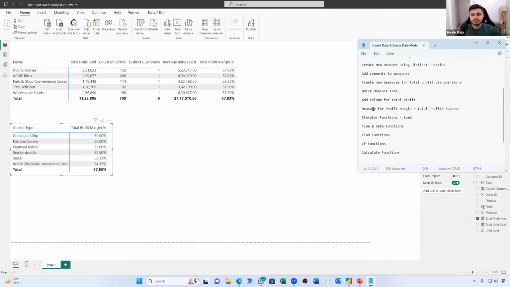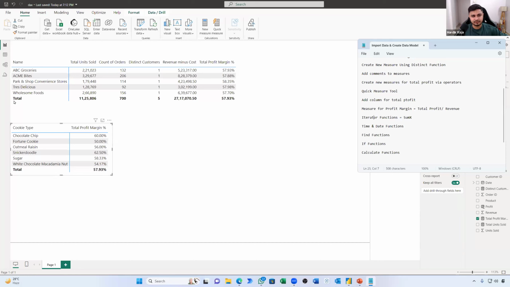what we have done is we started this call by exploring a kind of recap or mixture of three things: the measure of profit margin via total profit divided by revenue. Then we saw finding a subjective query of our boss, which is not mentioned here. Now let us do something which is possible using Power Query, which is possible using DAX, but in some cases